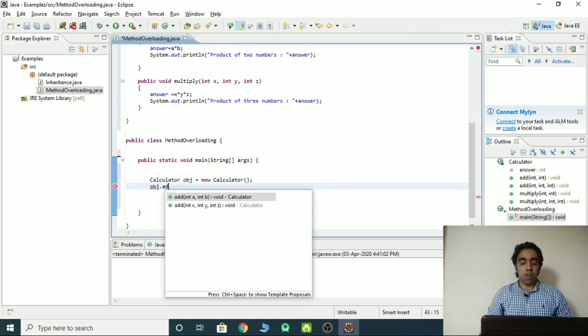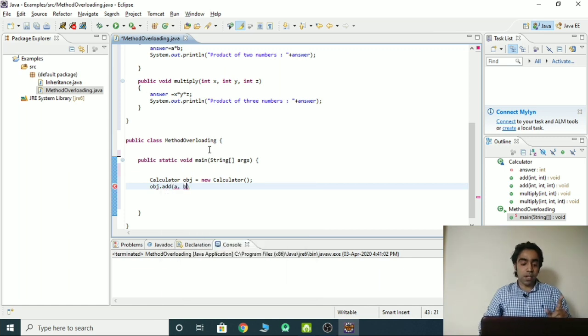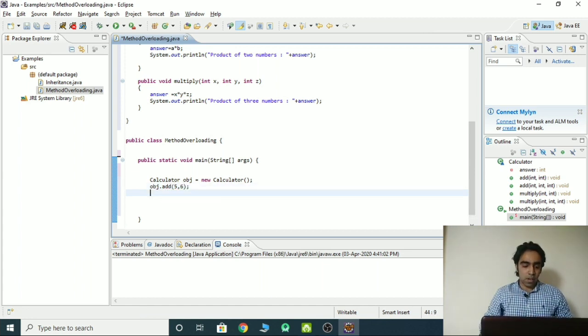First of all add, which has two parameters a, b; it can have three parameters also. I'm writing 5 comma 6. On the other line I'm writing obj dot add 4 comma 6 comma 8. So it's performing both kinds of functions. This is the main concept of method overloading.